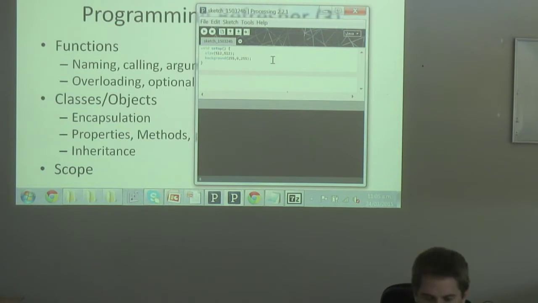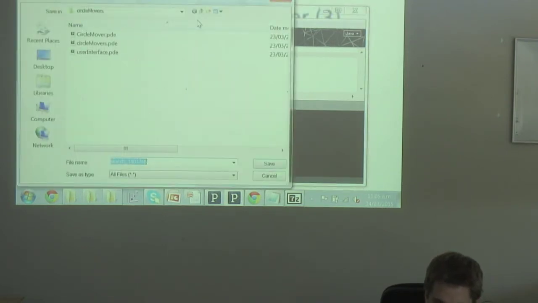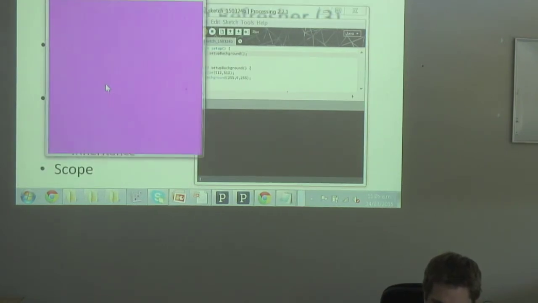So let's create our own function. Say now I want a function which sets up windows. So I can say, well, its return type is void. You forgot to mention, void basically means there is no return type. So it's not going to return anything. Let's say our function name is going to be called setUpBackground, and inside setUpBackground, I'm going to put my size and my background stuff, and I'm just going to call setUpBackground from in here,